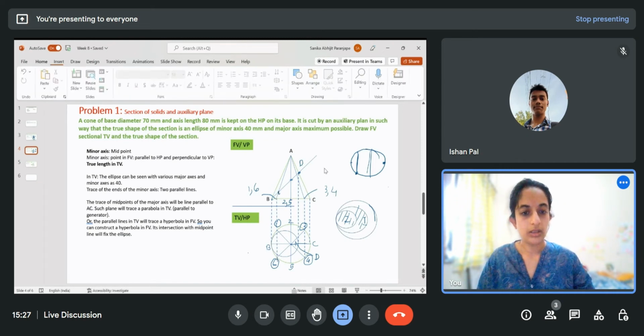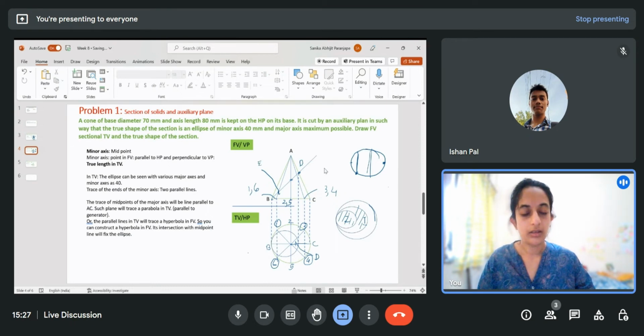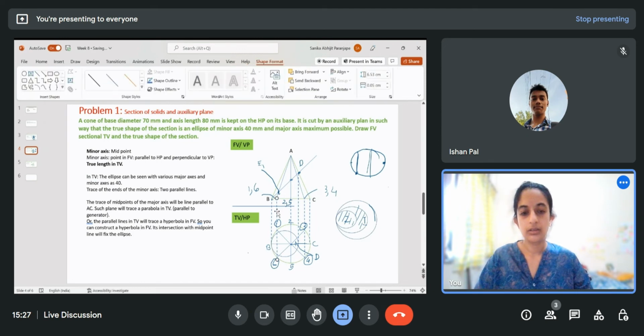So now, this particular point, let us name it as E1. This point lies on line A1 or A6, and its location is this. So if I drop a perpendicular from this point here,